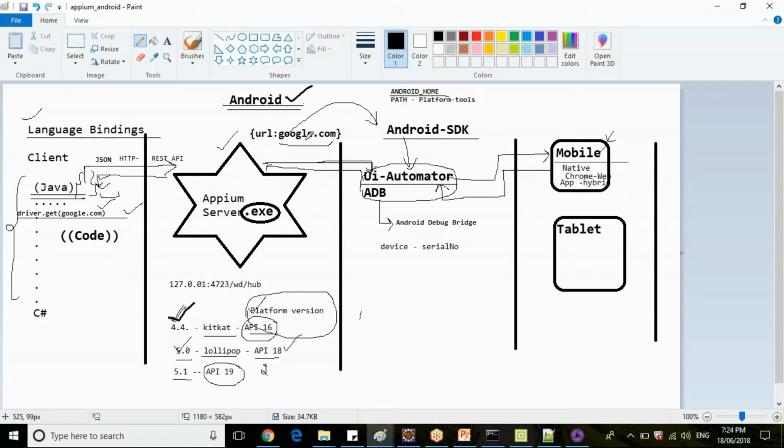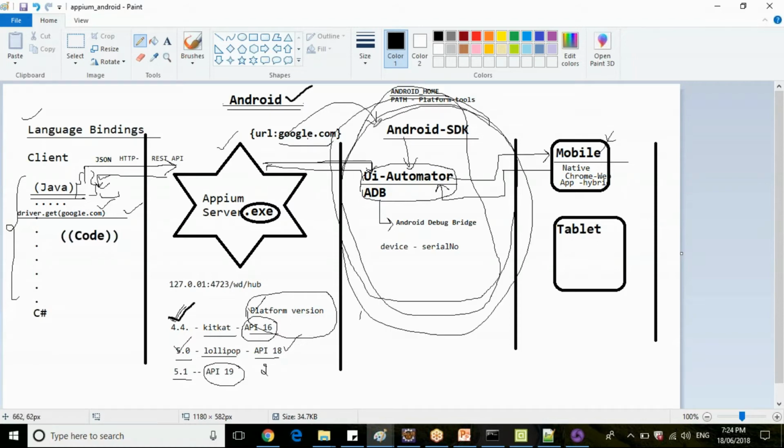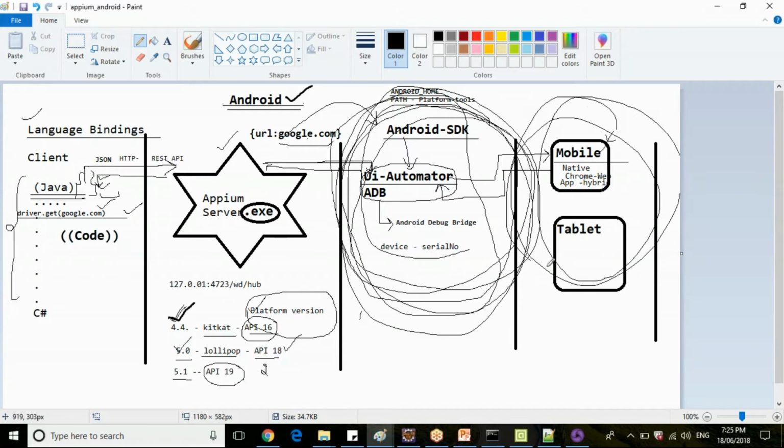Now in this architecture, we have seen how to set up Android home already, Android SDK already, clear? So this Android SDK is familiar. We know how to install Android SDK, correct? This part is done. We know how to connect the mobile device also, right?